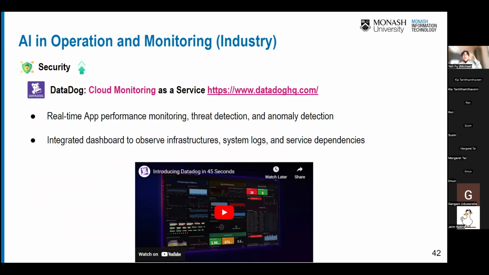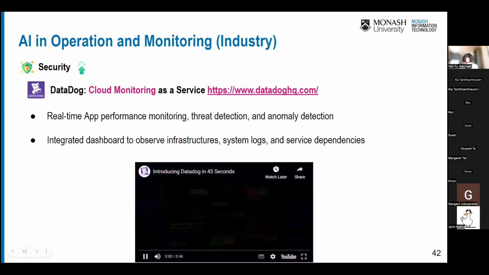So recap what we've introduced in the DevOps paradigm, right? For the operation team, they need to know the dependencies of the services of your software. Because in your software, you're not going to have just one service. There are going to be multiple services, and you need to have a mind map of the dependencies of those services. So the Datadog product provides you an overview for you to operate and monitor your software easily. So let's take a look at a demonstration of how it works.